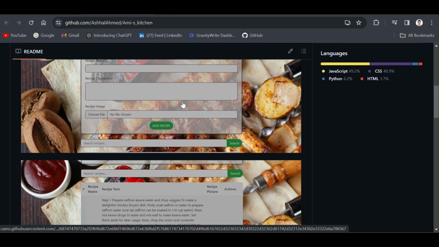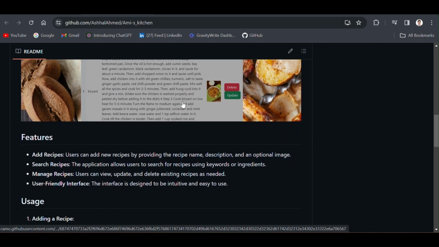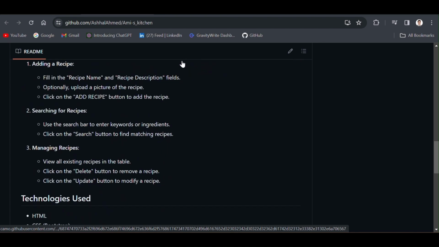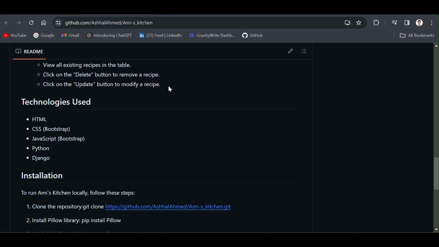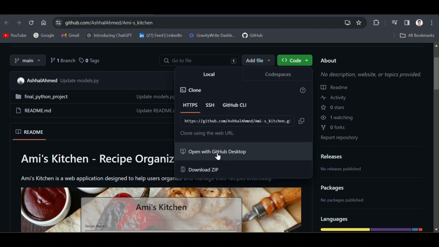Basically, we designed a recipe organizer to help users add, search, and manage recipes. In this web application, we have used HTML to structure the web application, CSS, JavaScript, and Python for backend programming, and Django. User can run this from here, then download the GitHub file,